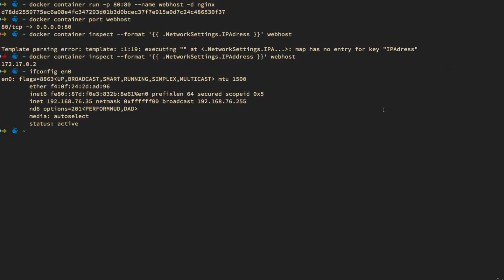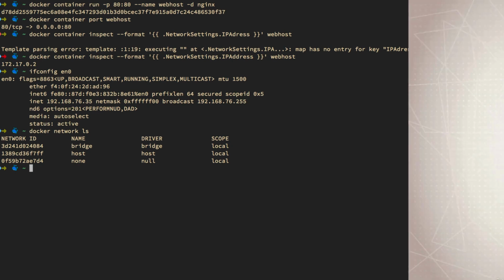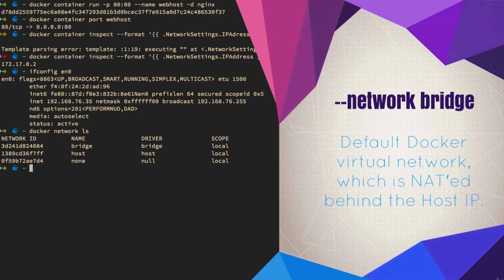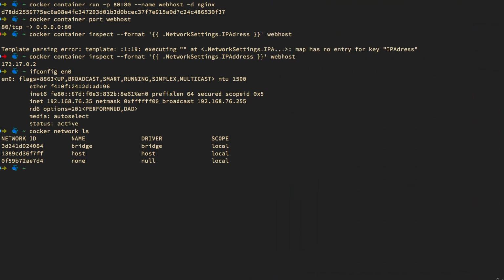Okay, so back to my command line. And taking the concepts that we just learned, I can actually do a docker network ls. And this shows me all of the networks that have been created. Now in this case, when you run the same command, you're probably going to see the same three. And depending on your operating system and version of Docker, you might see the bridge network called docker0 or bridge, but they both mean the same thing, which is it's the default network that bridges through the NAT firewall to the physical network that your host is connected to. And up until now, we haven't had to worry about it because all of our containers have just attached to that network and worked. But now that we have this Nginx container running, if I do a docker network inspect